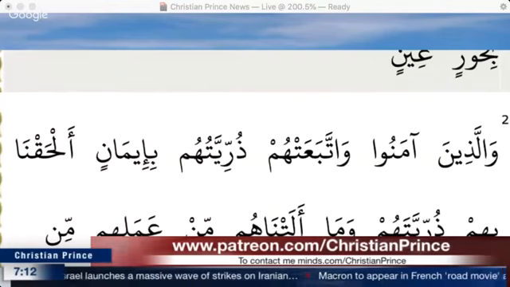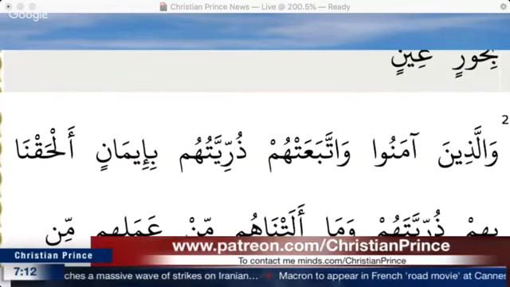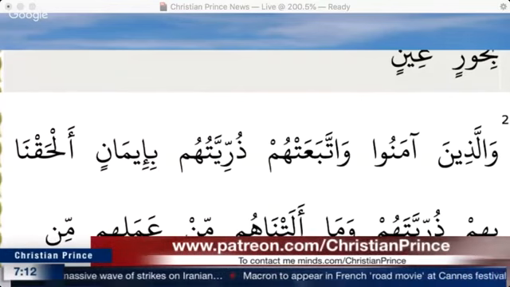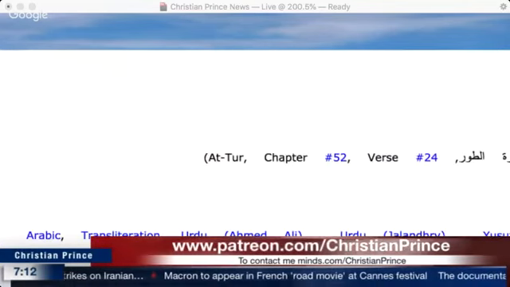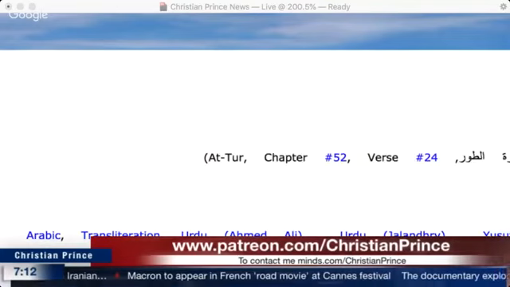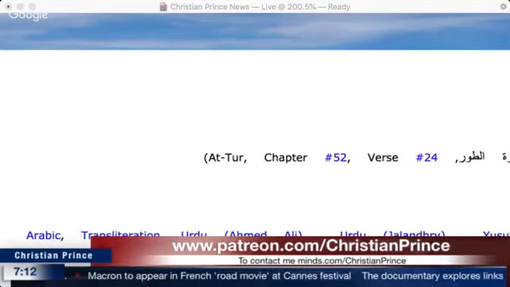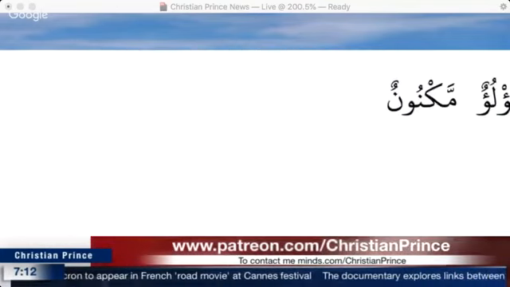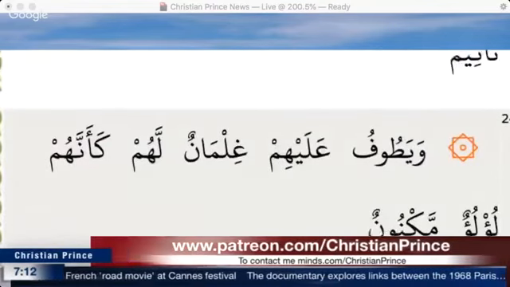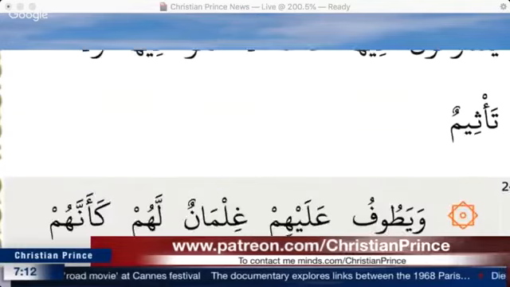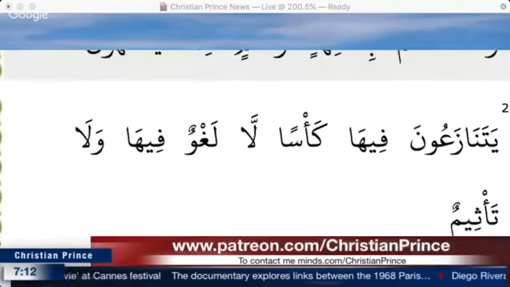So this verse is speaking of those who die. Actually it's a stupid promise, because why are you going to make their children go with them to heaven if they are not believers? But this has nothing to do with the boys. Those are the ones who followed them in faith as well. If you read the chapter, it says those boys are going to go around them. What will they do, those boys?